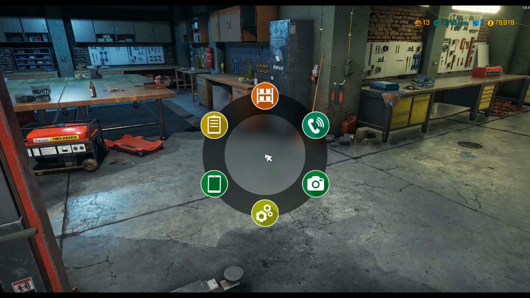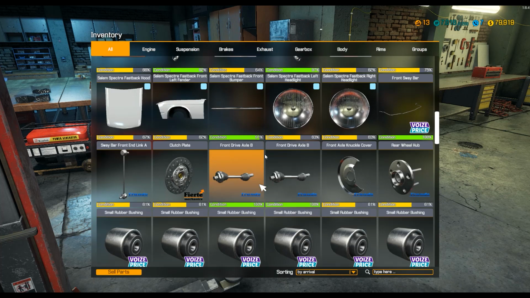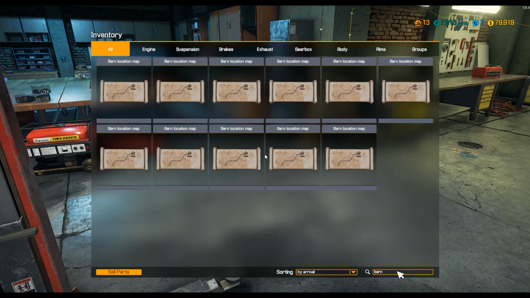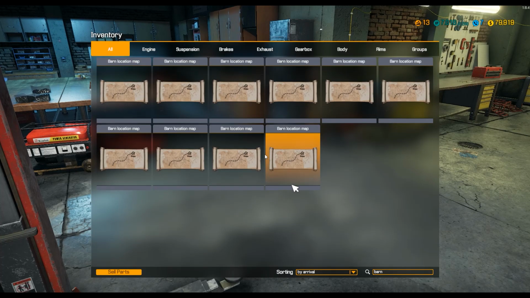So what we're going to do today is look at my barn locations. I've got a lot of them: 1, 2, 3, 4, 5, 6, 7, 8, 9, 10, 11, 12. I've got 12 possible hotspots. I do have a car in my parking lot, but I'm not really wanting to mess with that. So we're just going to grab another barn location and see if we can find ourselves a really cool car